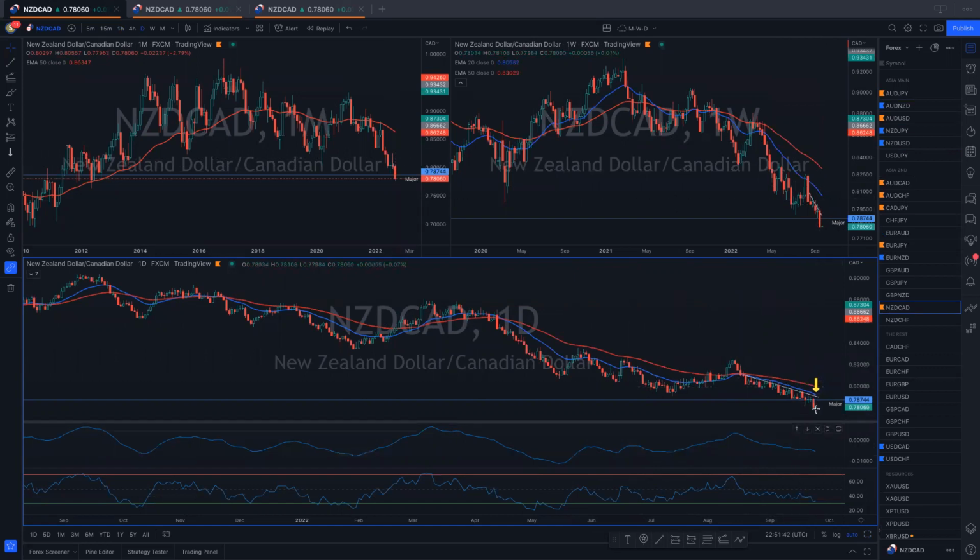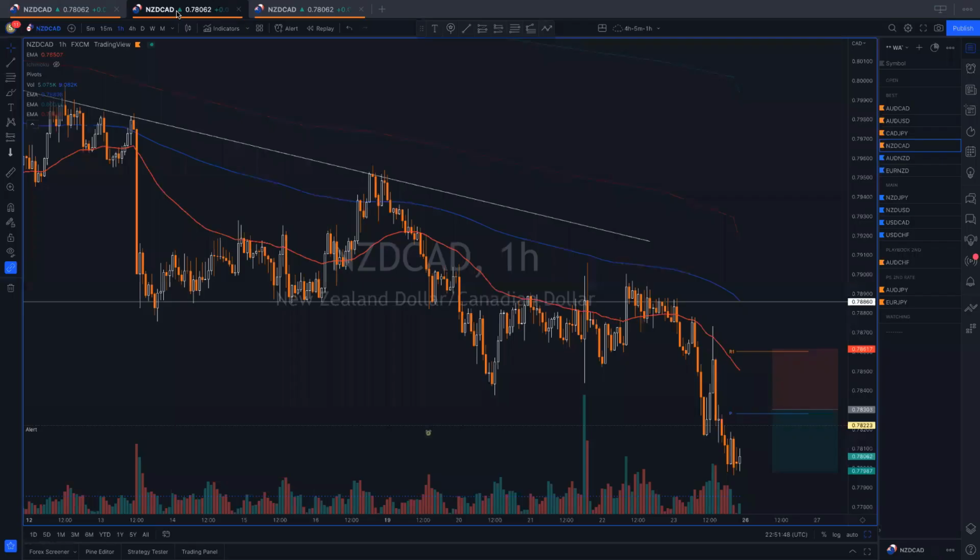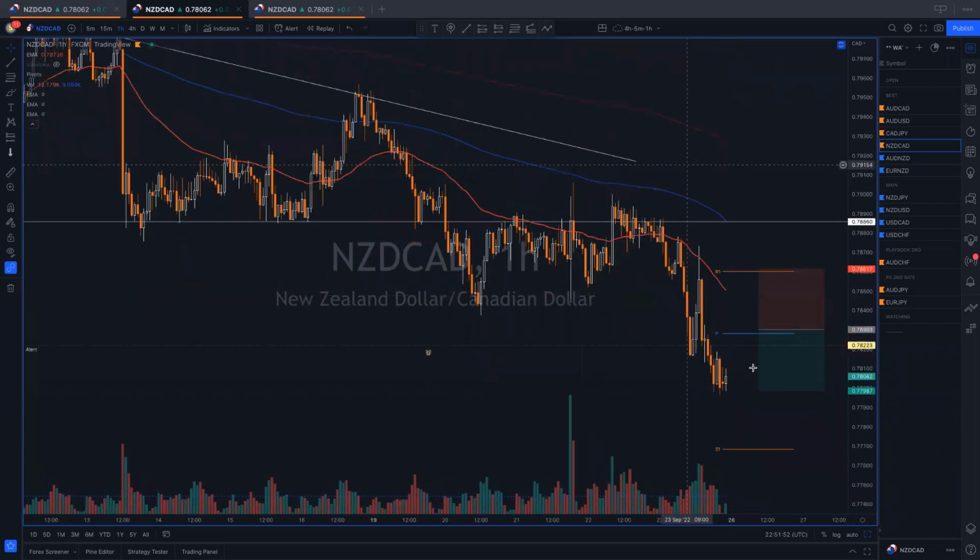So a bit of caution, but we had a very bearish day on Friday, so there's a good chance we're getting something else bearish today. And that'll just be a quick one-to-one. If we get a pullback from here, wave,